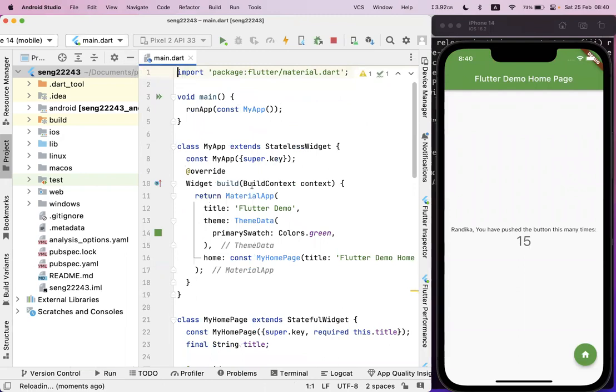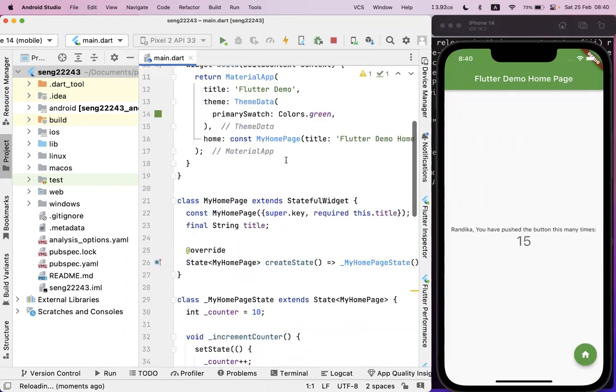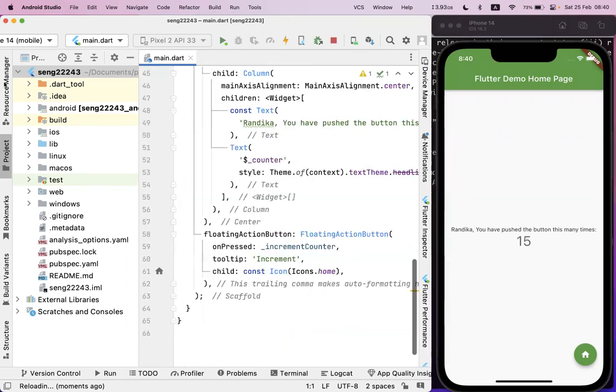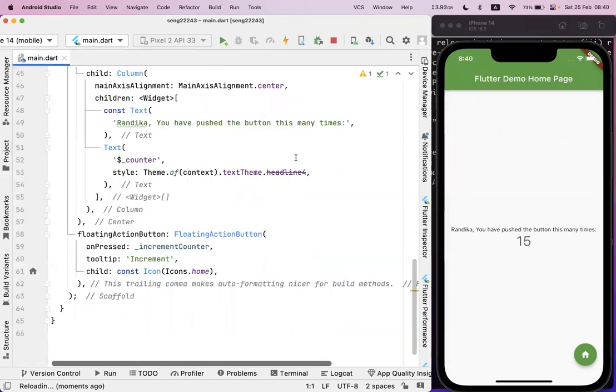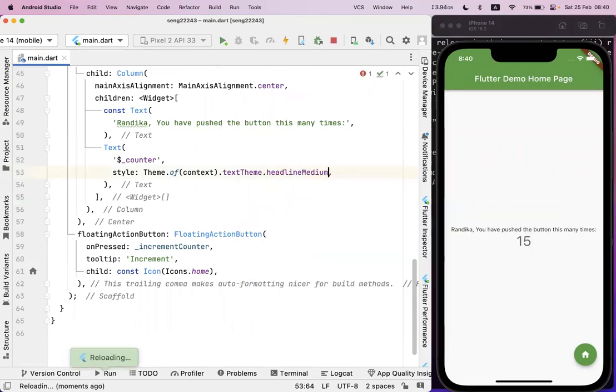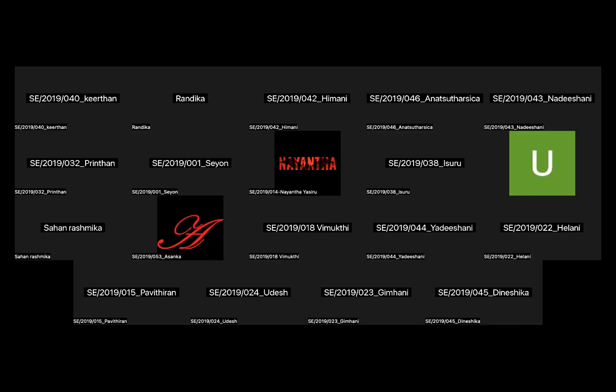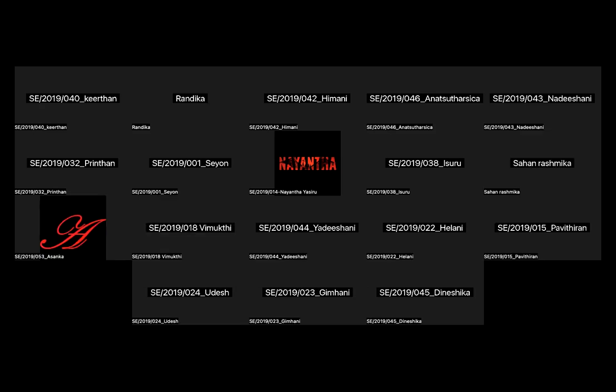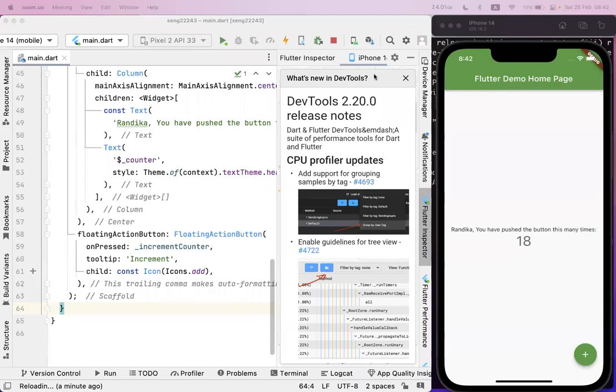So reloading, since nothing has changed, it's not going to be that things. So there is a medium headline that we should use. Okay, that's the same thing. So we have, I think something went wrong. Anyhow, so